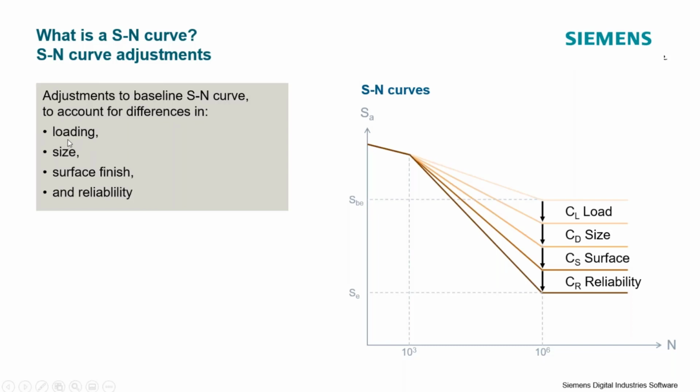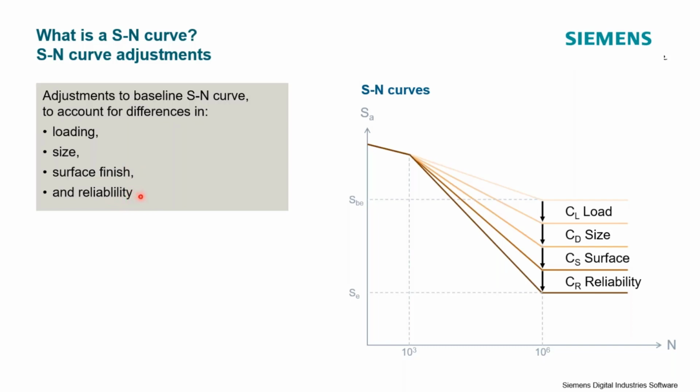So in the real world, our load histories are usually variable amplitude loading instead of the constant amplitude loading that we use when generating an SN curve. And in addition, we usually have cycles in tension and compression instead of things like moments, for example, applied to the coupon. We also might need to apply adjustments for the size of the coupon, the surface finish of the coupon relative to our actual part, and adjustments for reliability.